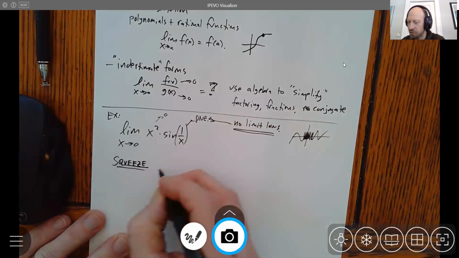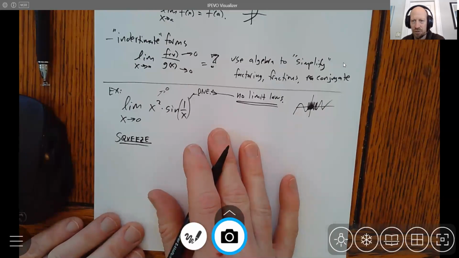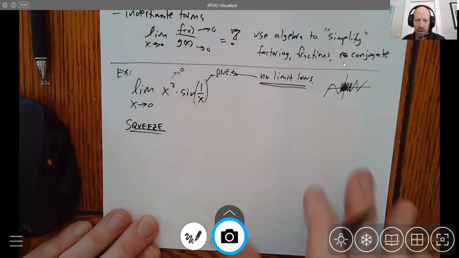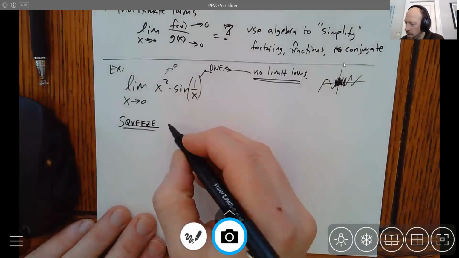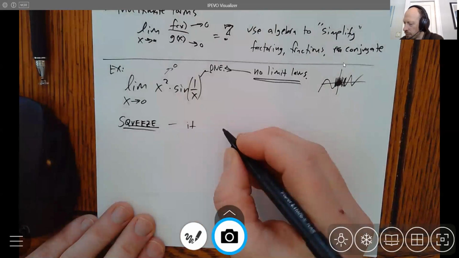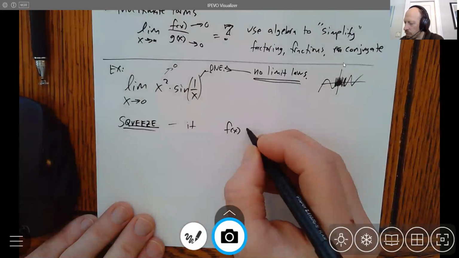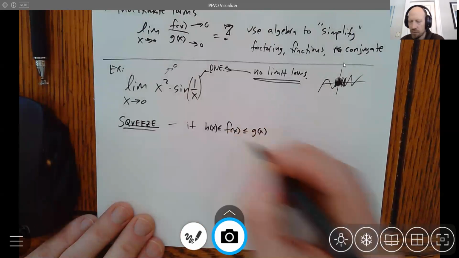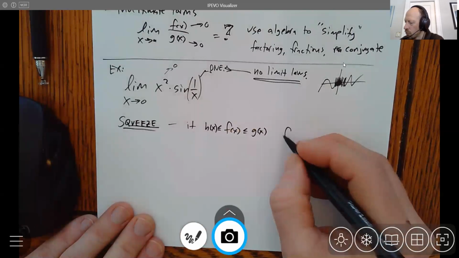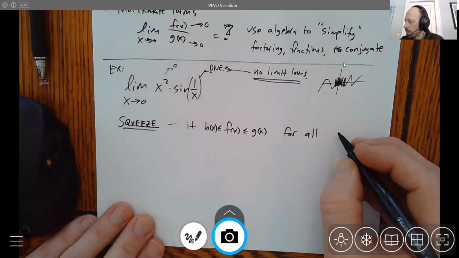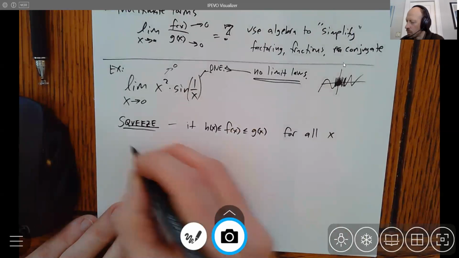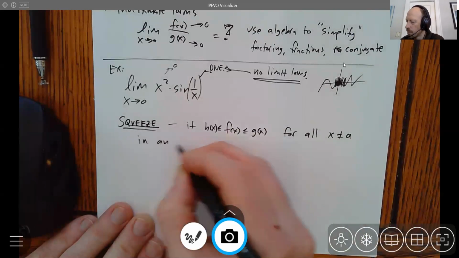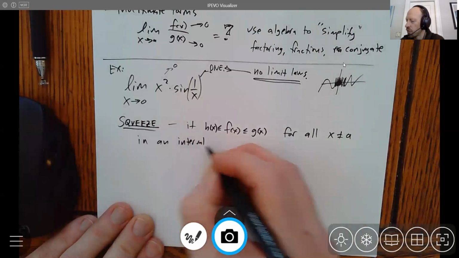Squeeze theorem. It's also called the sandwich theorem, or I'm sure it's got other names too. A little bigger here for you guys. So the squeeze theorem says: if f of x is trapped between g of x and h of x for all x not equal to a in an interval